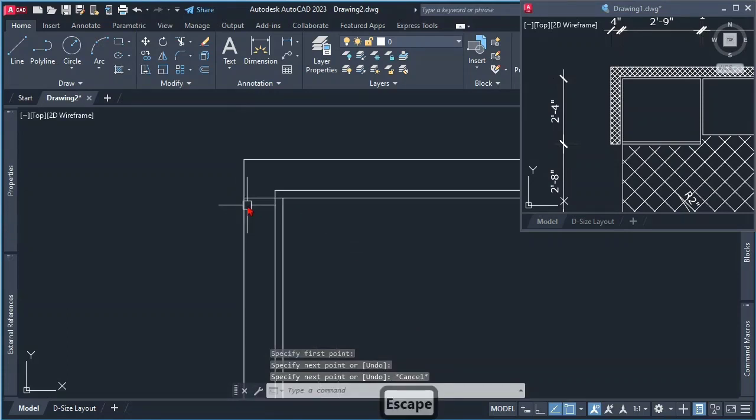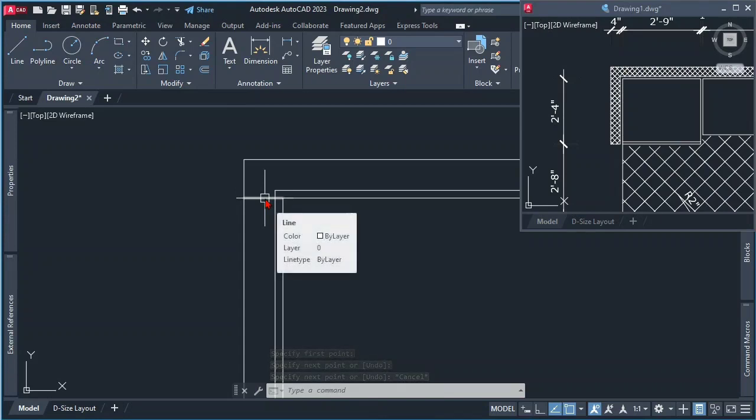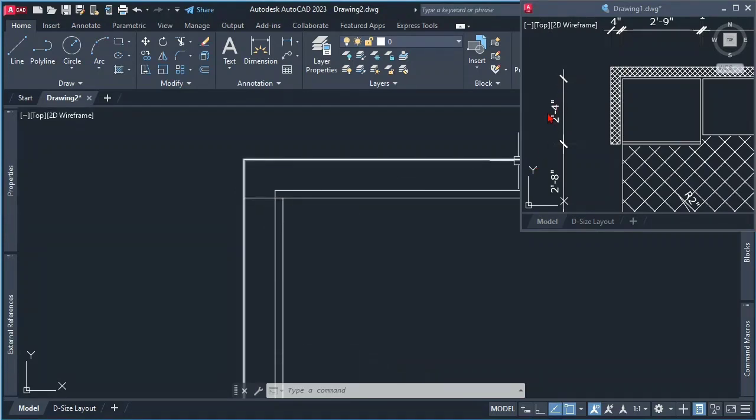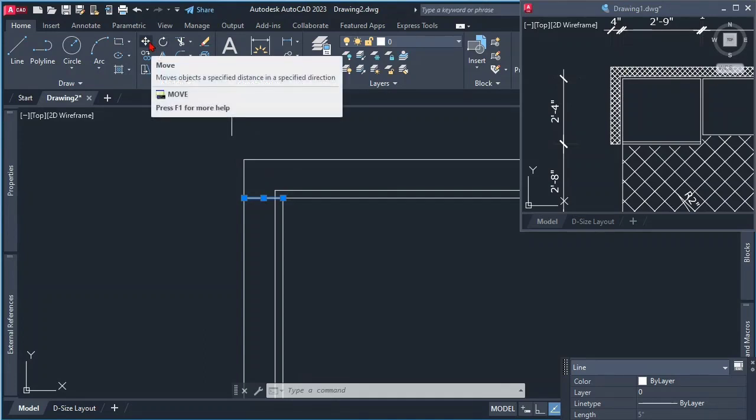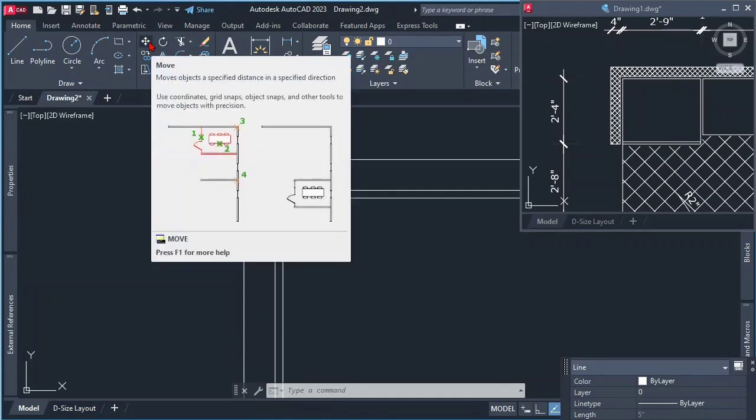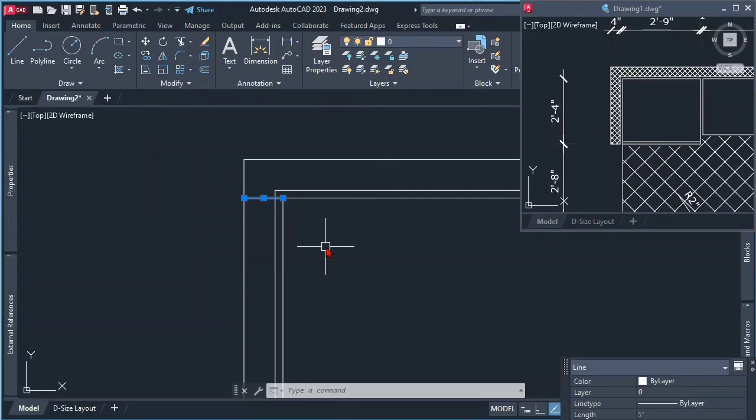escape. Many beginners, again, will draw the line over here and then move the line to their specific distance, in this case 2 feet 4. So by selecting the line and using the move command, the move command is also here on your ribbon, right here, move, and again it simply moves an object, but its keyboard shortcut is the letter M. So once we press